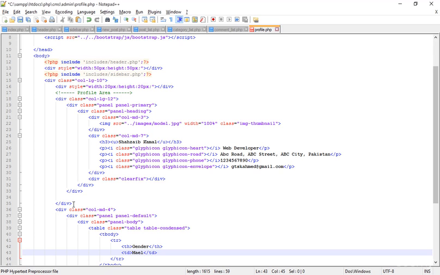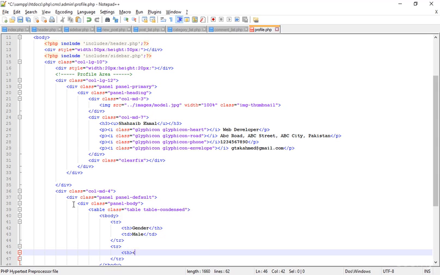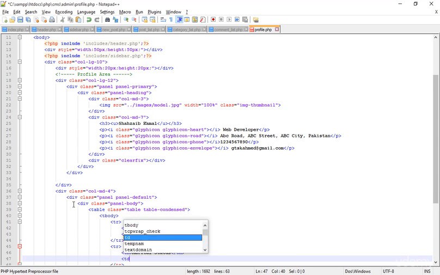Now what I'm going to do is press enter and add a tr, and here in this tr I'm adding a th. Okay, now here I'm typing marital status. Now I don't need to duplicate that, but I need to add the td, and here what I'm going to add is single. Okay, I can type anything